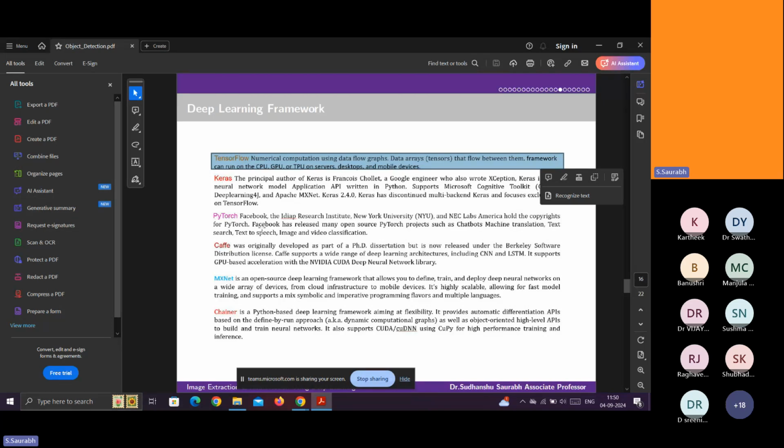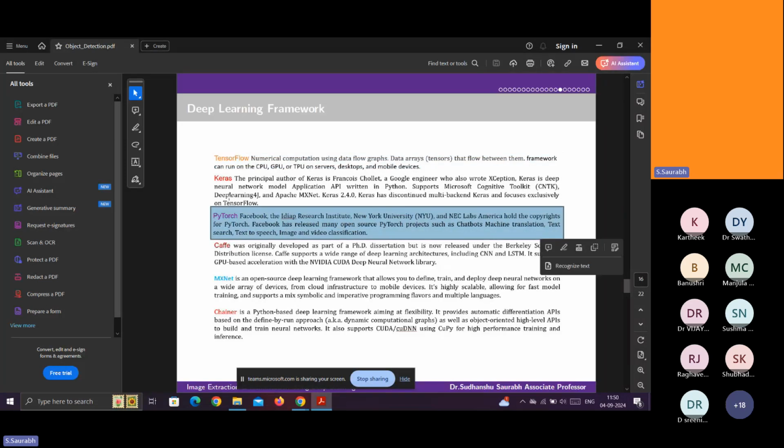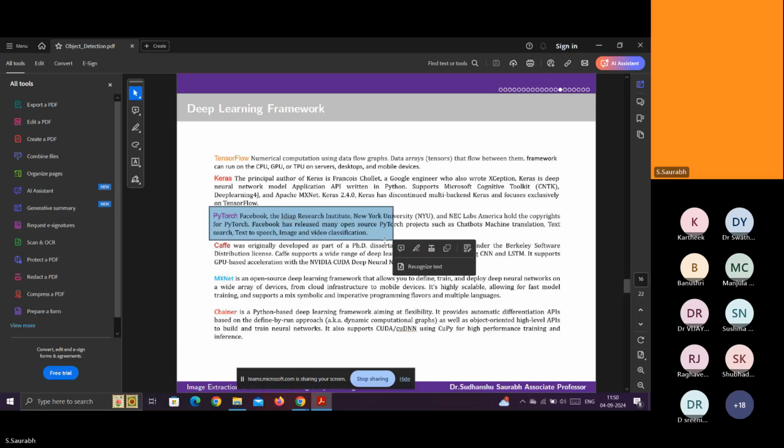But PyTorch, a Facebook product, performs comparatively better than TensorFlow and Keras combined, because this PyTorch is a robust model. This framework, I mean, not model, the framework is much better than both. So it's up to you.